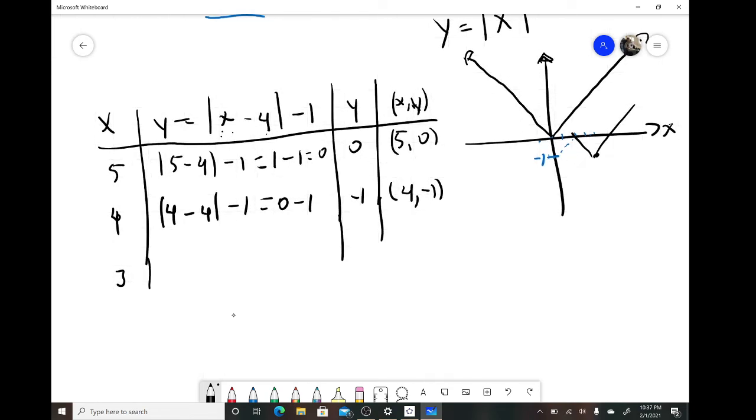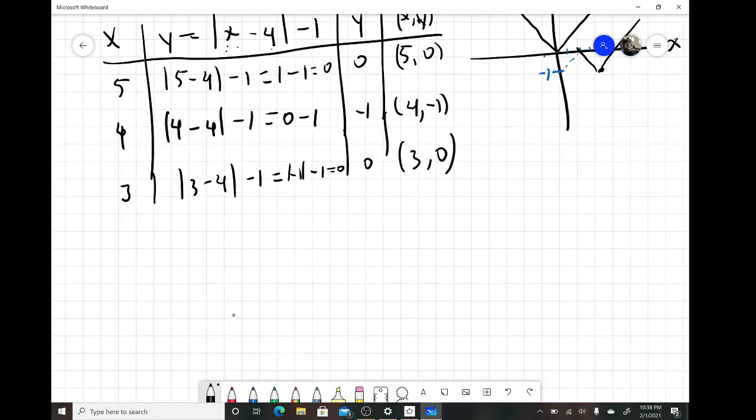And now on the other side, we have 3 minus 4 minus 1. 3 minus 4 is negative 1, but the absolute value of negative 1 is 1, and 1 minus 1 is 0. So we have again 0 on this side. So we have 3, 0 on this side. So now we have that